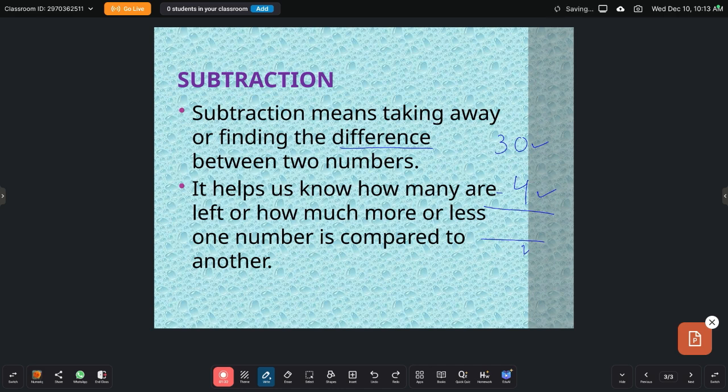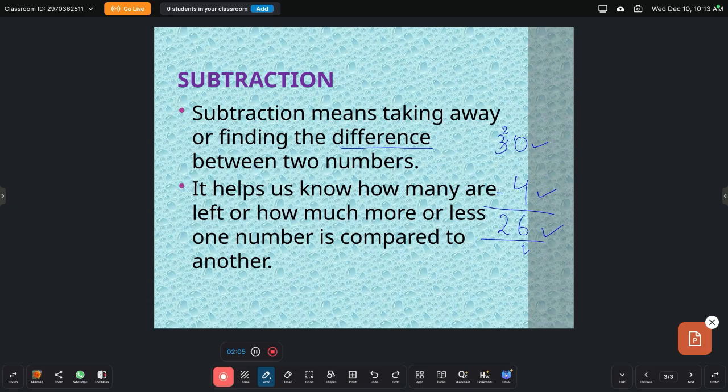So what will we do? Here, this is 0, so we cannot subtract 4 from this 0. We need to borrow 1 from this 3. So this 3 remains only 2 and this becomes 10. So 10 minus 4 is 6, and 2 remains here. So this 2 will come here. So how many students are present in the class now? Only 26 students.